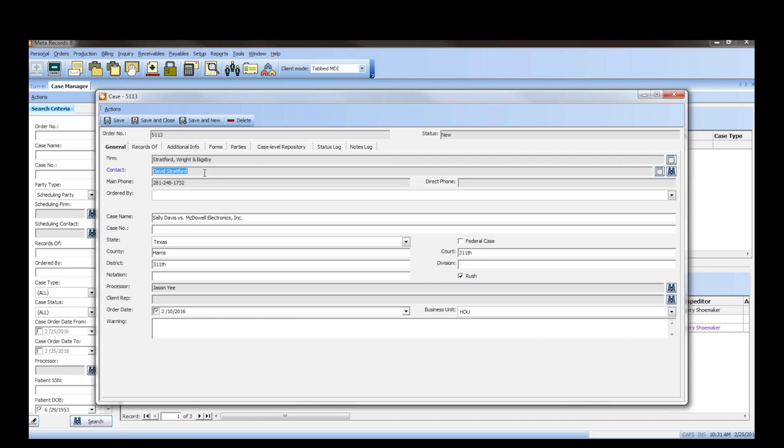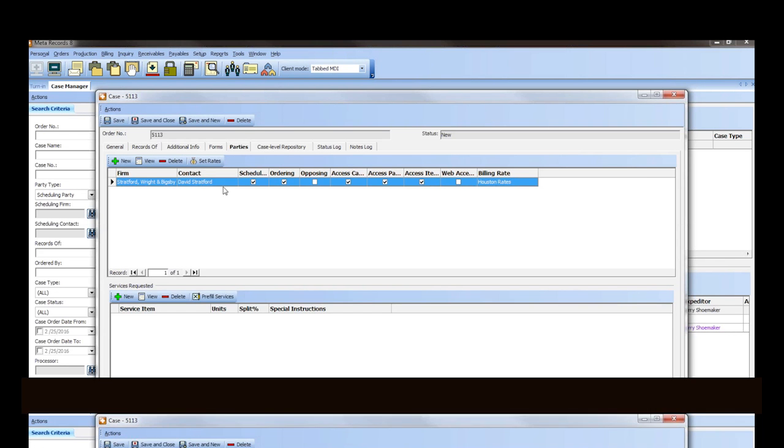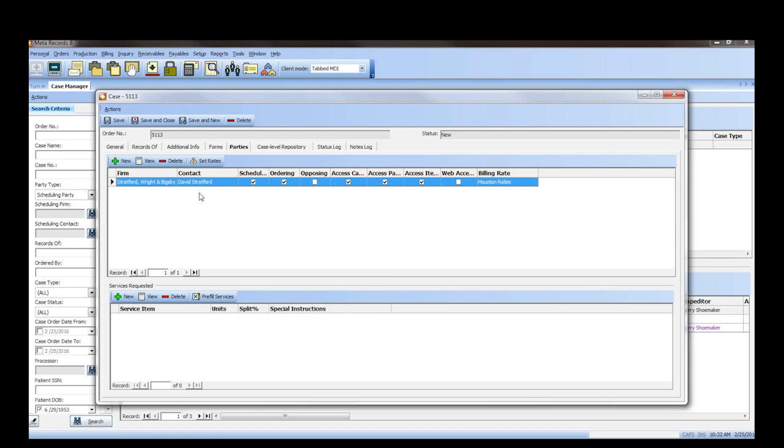After the update, once you change the ordering attorney on the General tab and you save your change, it will automatically change the party on the Parties tab for you. So you can see we changed ours from Joan to David, and that worked. So this will also take away the ability for someone to accidentally delete the scheduling party from the Parties tab.